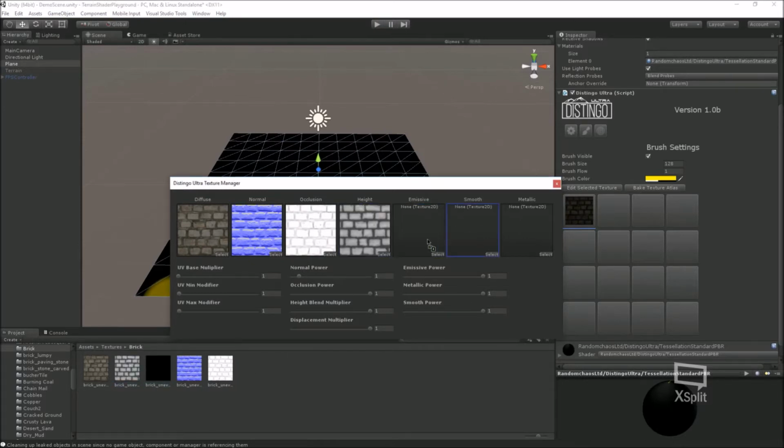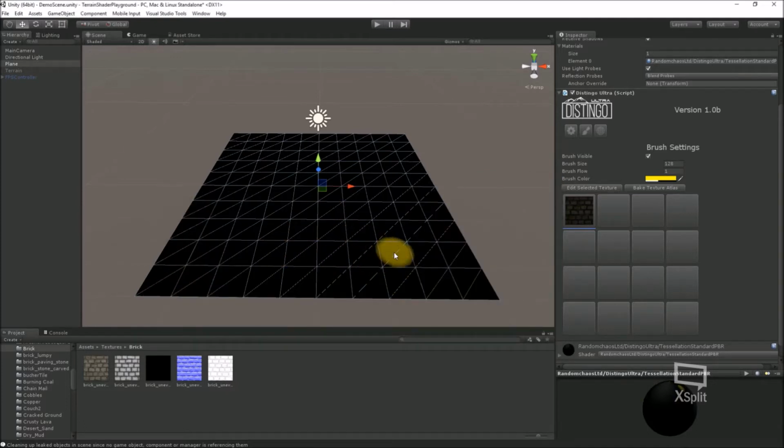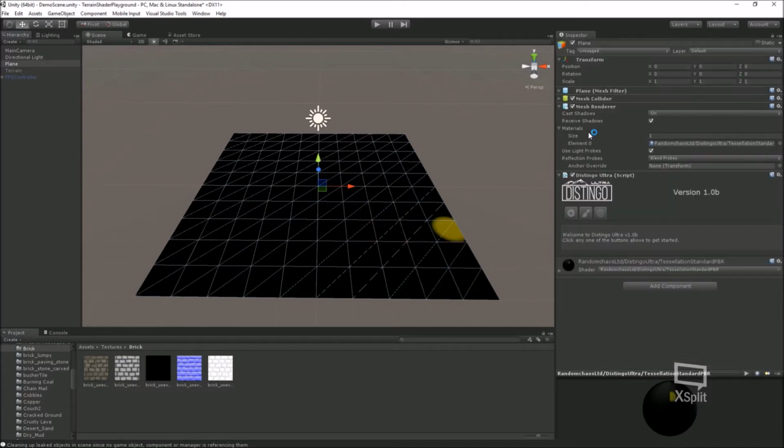There is no emissive. This is a nice black texture. I'm going to populate it anyway, but you don't have to at all. They'll get replaced with black in any case. So I can then put that out, but I can't use it yet because I need to bake it into the maps. But before I do that, I'm going to show you